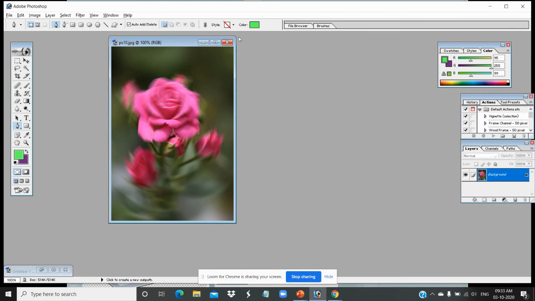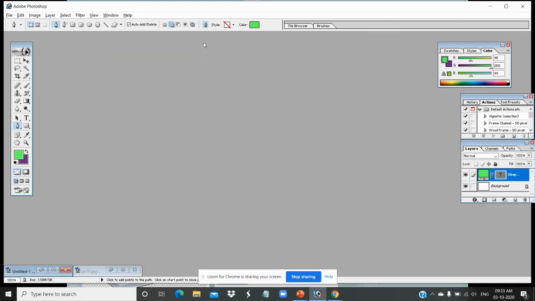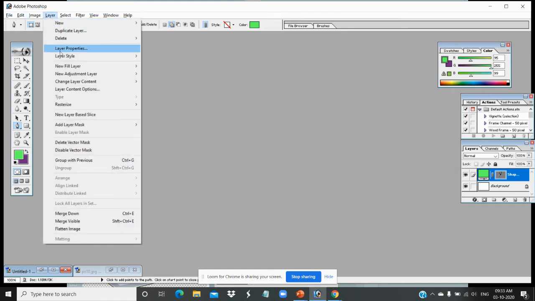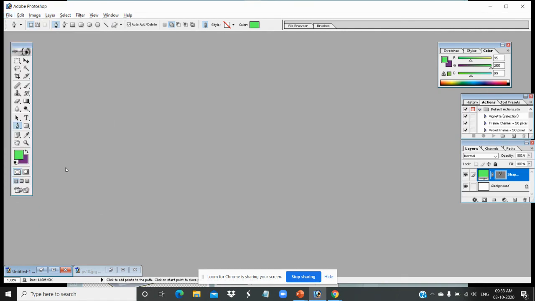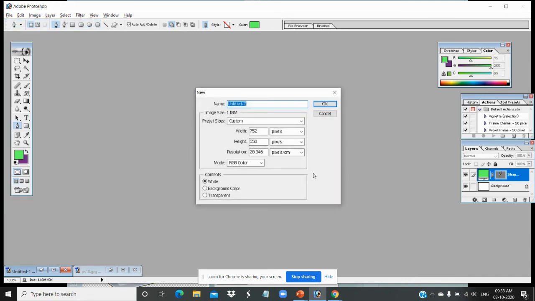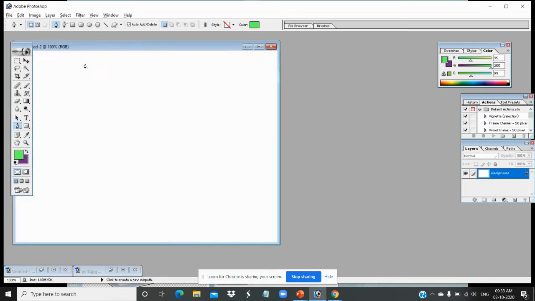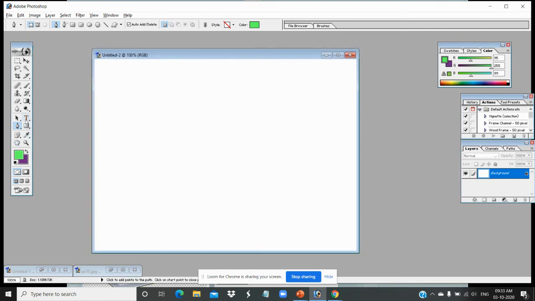Next, what we have seen next? Yes, layer effects. So layer, you have this layer style blending options. We have seen two examples. So first, let us take an empty untitled thing. To type a text, you have to use this T, text.